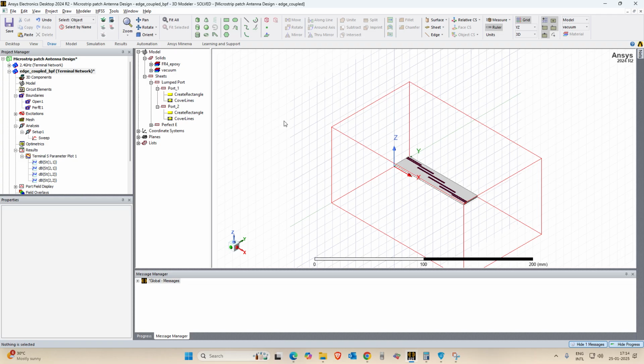In the next tutorial, I'll explain how we can create a rectangular box around the edge coupled filter and how we can design the SMA connector onto the edge coupled filter, so that in the practical case we can see what resonance effect happens inside a rectangular box. Creating an SMA connector takes time and we have to give the wave port over there, and that's again a second tutorial. So for the preliminary design, just